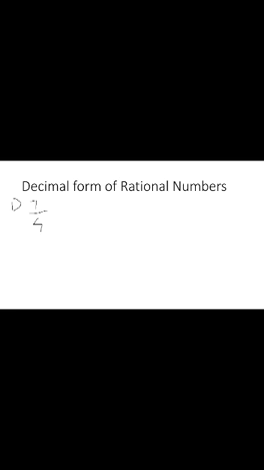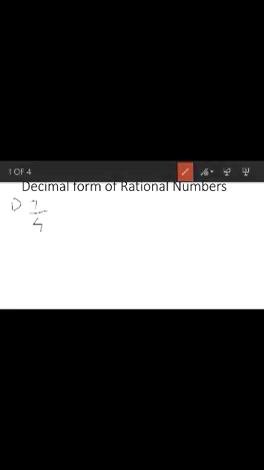Now, how to write the rational number 7 upon 4 in decimal form. See, what we need to do? We need to first of all add any number of zeros after the fractional part. Suppose we take this 7 upon 4, if we write like this,